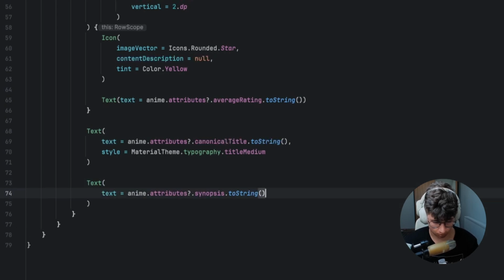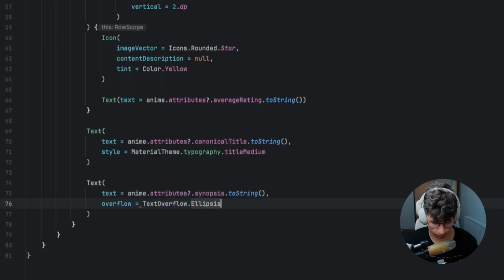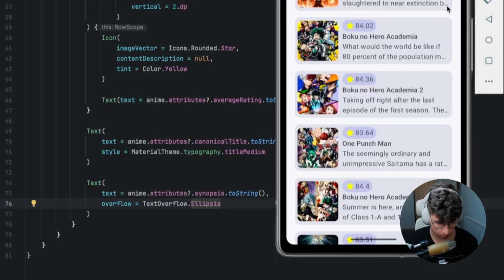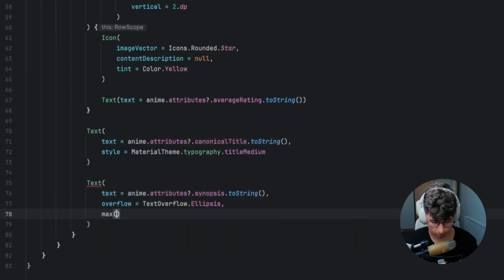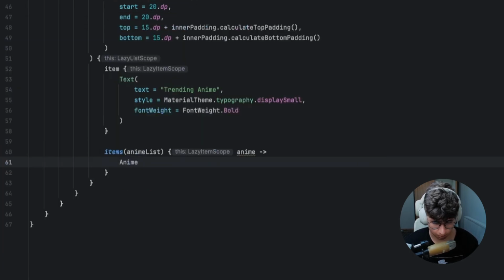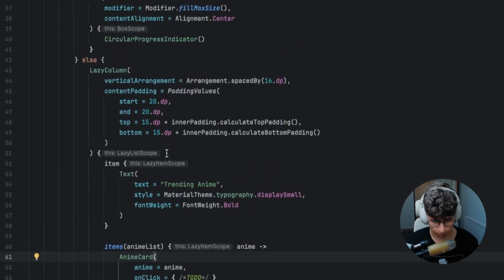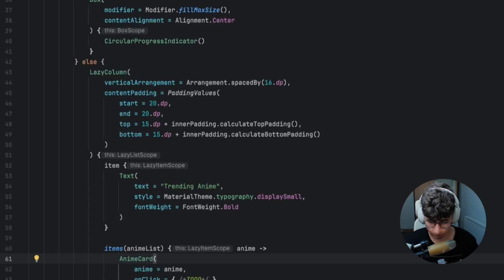Put this on a new line and say overflow is text overflow ellipsis in order to have these dots at the end, and the max line is of 2. Okay, so now let's get back to the anime list and pass the card anime, and the on-click will be implemented after we create the navigation. Before that, let's also create the